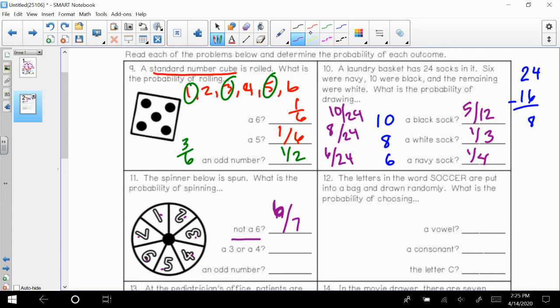So there's a very, very good chance you're going to get anything but a 6 here. A 3 or a 4. So a 3 or a 4 means both of those numbers together. So you have 2 chances out of 7. And then lastly, the odds. You want to get the odd number. So that's a 1, a 3, a 5, and a 7. So that's 4 out of 7 chance. All right, what I want you to do is do the rest of the questions on this page on your own. And then when you're ready, I'll go through them and you can check to see if you're correct.